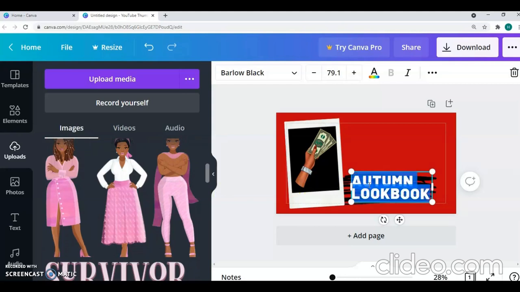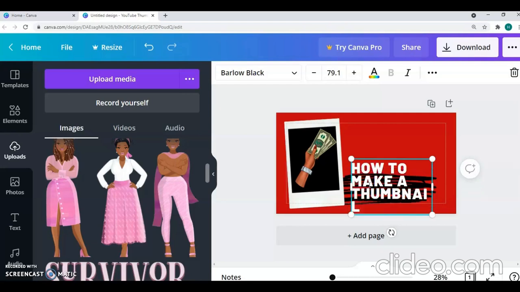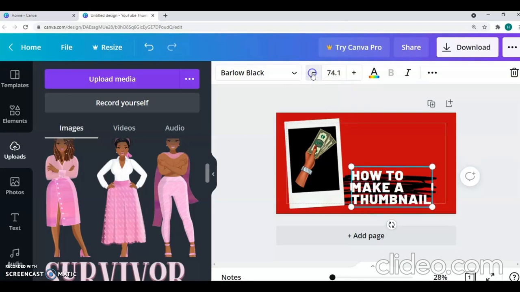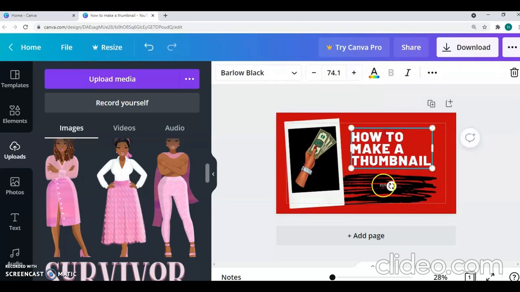So I will change my wording here. And I'm just deleting out the wording that was here, and type in how to make a thumbnail, and then I'm going to take my font down from here, which is at the top. You can adjust your font with the plus and minus signs. So I can move that around, I can turn it sideways,